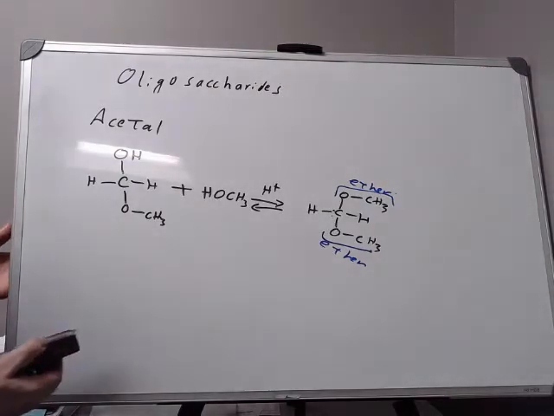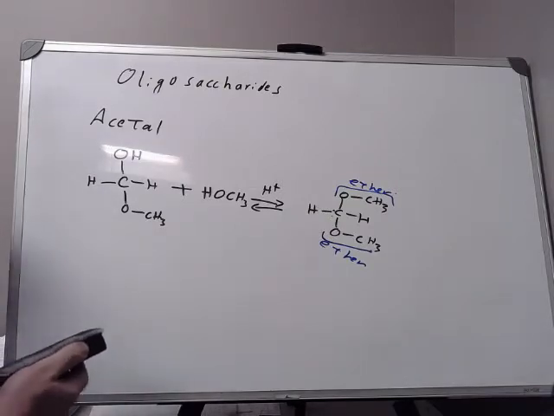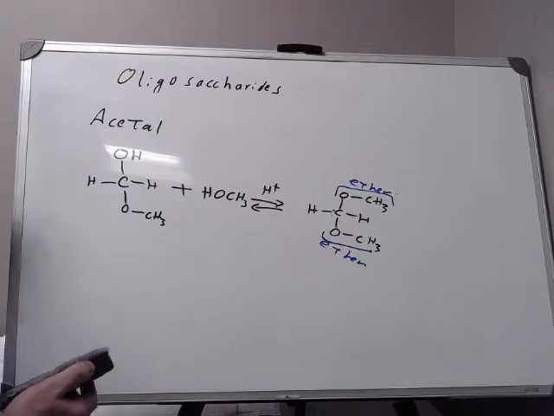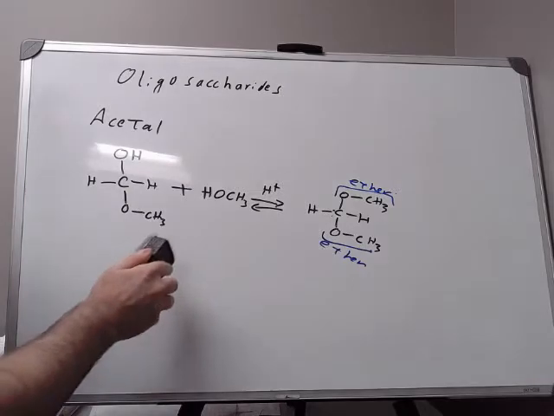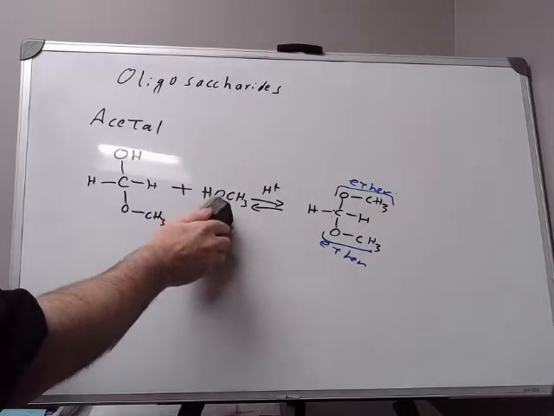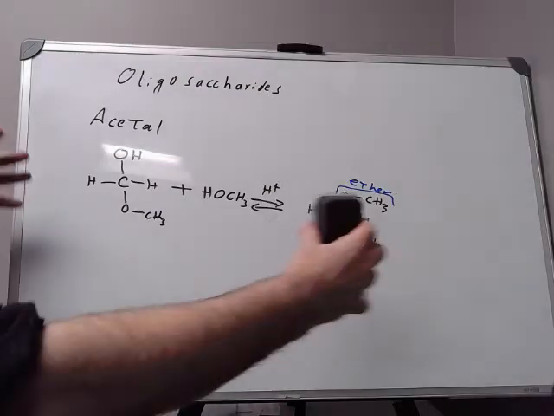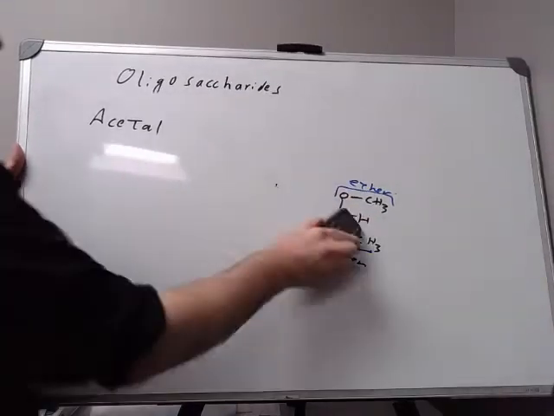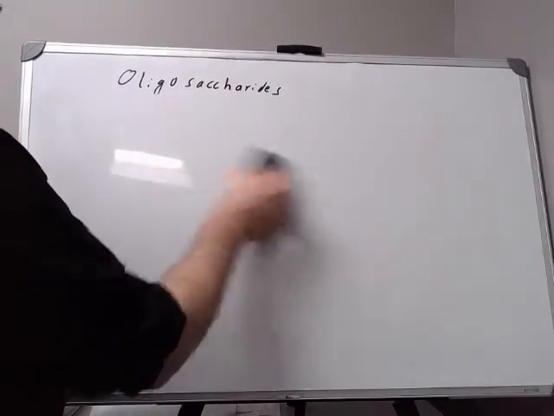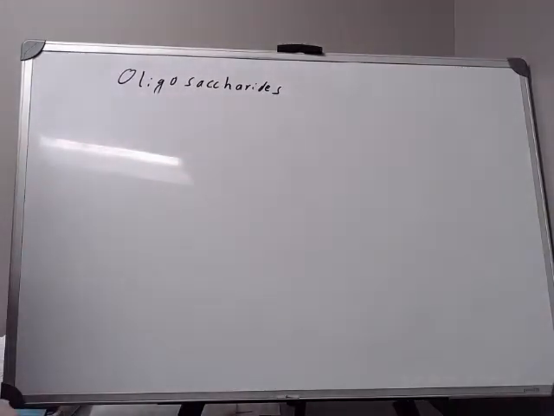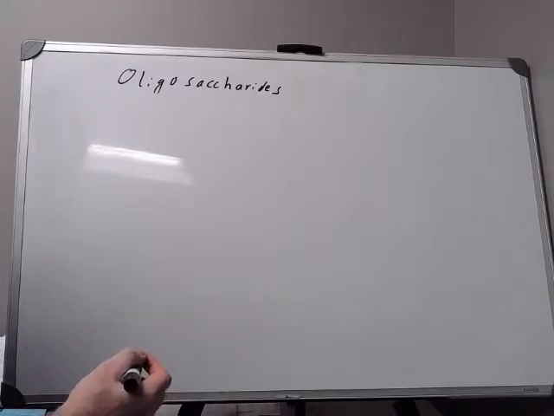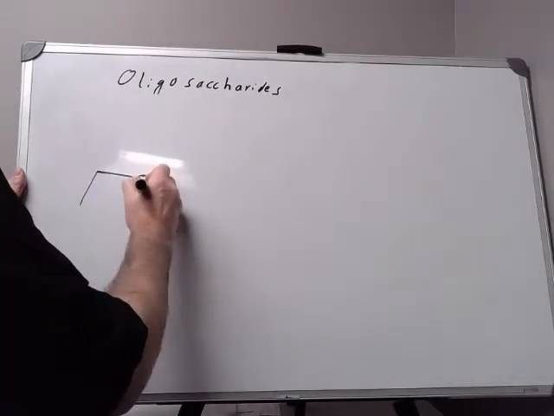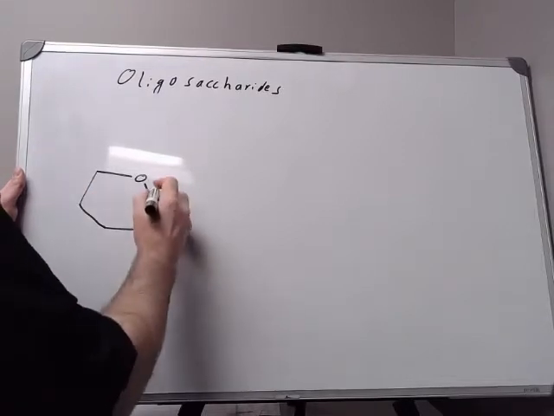And the reason that this is important for sugars is that if the alcohol that joins with the hemiacetal is located on a second sugar molecule, then we'll form a disaccharide. We'll join the two sugars together. But before we get to that point, we'll show, if we take glucose, cyclic glucose again,